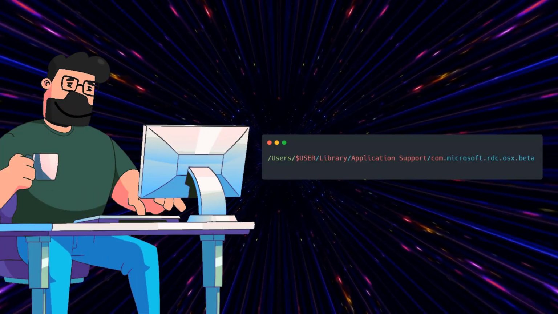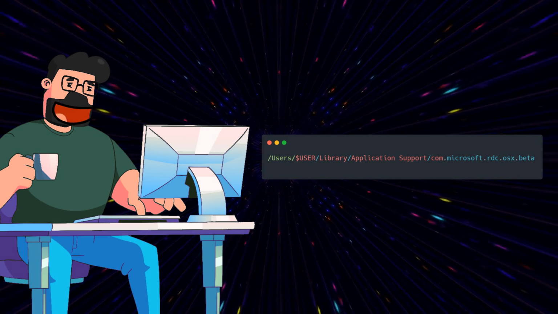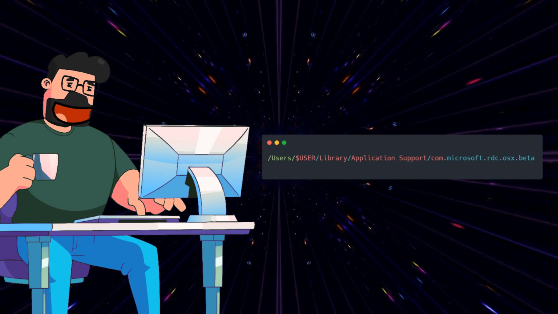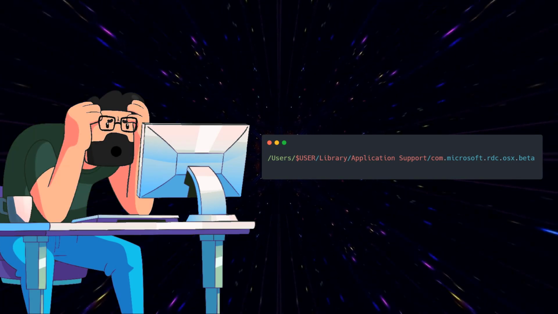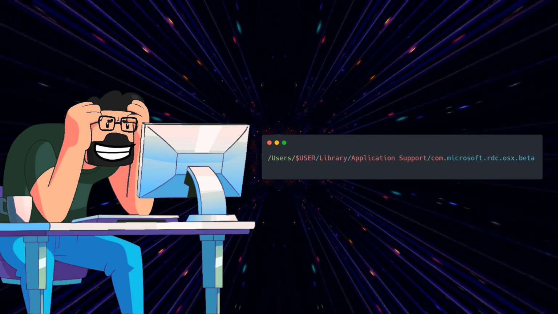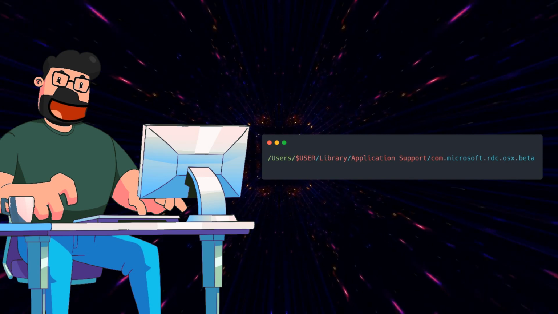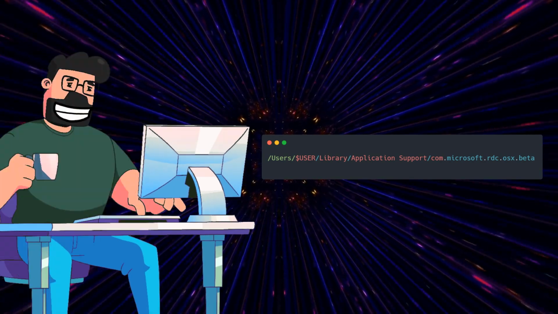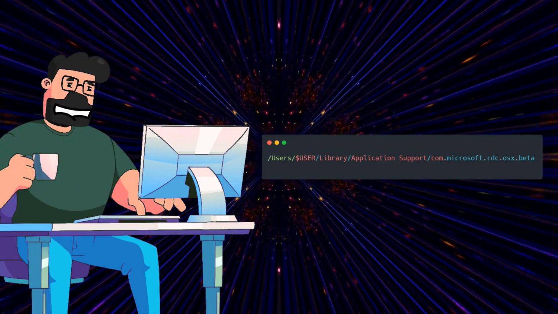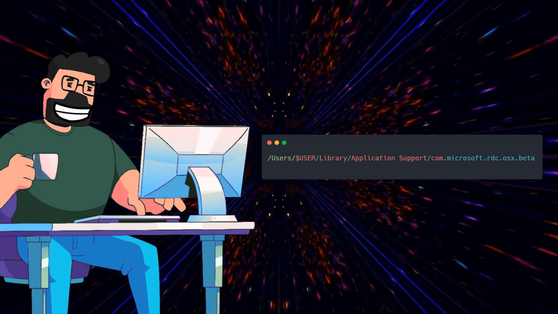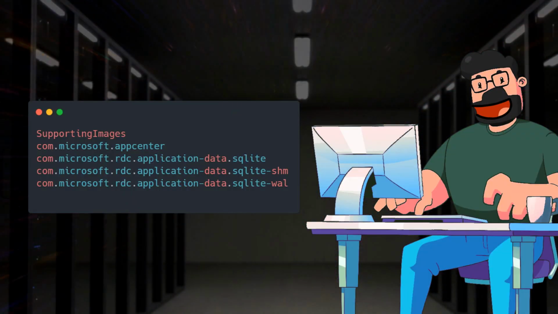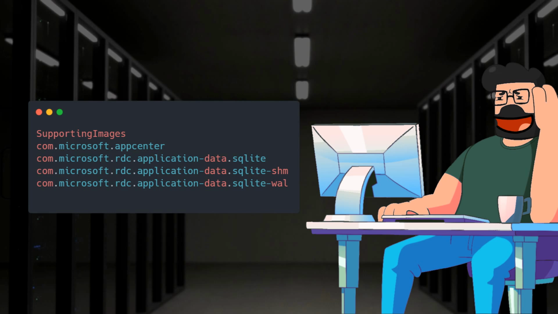The configurations for Microsoft RDP 10 beta for Mac are actually stored in a specific path. All you need to do is navigate to Users, your user, Library, Application Support, com.microsoft.rdc.osx.beta. This location holds the key to recovering all your lost settings and connections. In this directory, you'll find a few essential files and directories that you'll need to copy over to your new